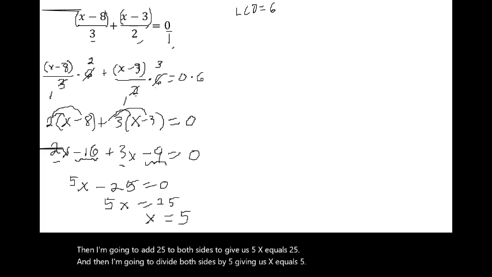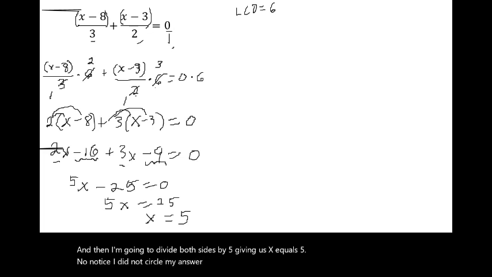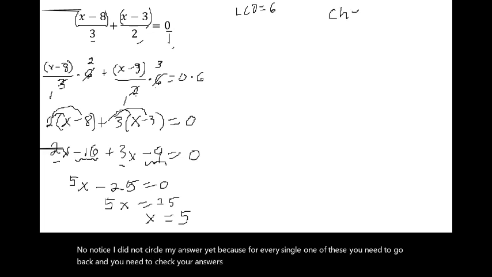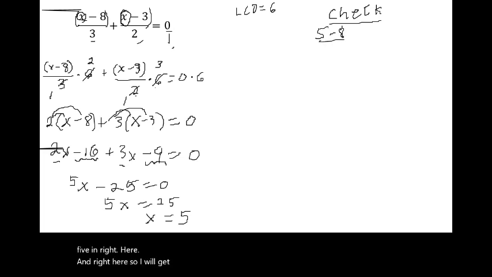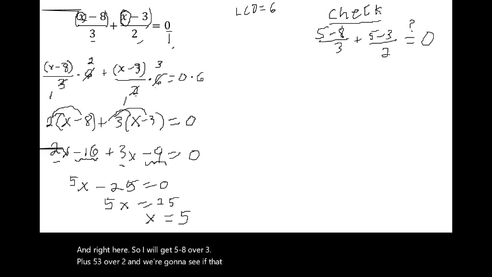Now notice I did not circle my answer yet because for every single one of these, you need to go back and check your answers. So we're just going to check our solution by plugging 5 back into the original equation into every single spot that we see an x. So I'm going to plug a 5 in right here and right here. So I will get 5 minus 8 over 3 plus 5 minus 3 over 2, and we're going to see if that equals 0. So 5 minus 8 is negative 3 over 3, plus 5 minus 3 is 2 over